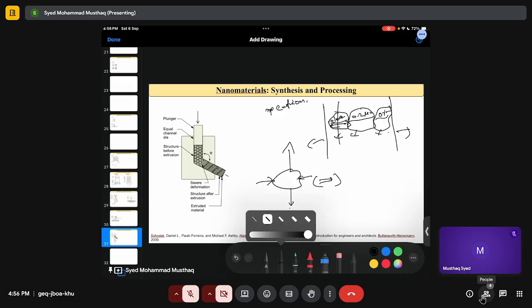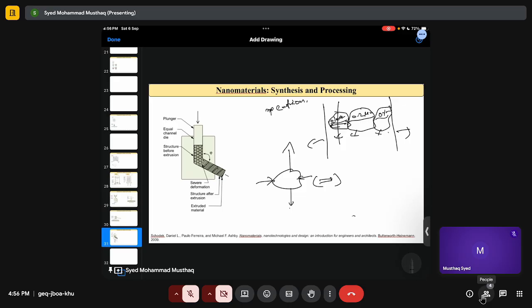So this will become, now it is 0.01, or 100 nanometers. The same thing is happening. Initially I have a good amount of grain size, and once I do the extrusion,